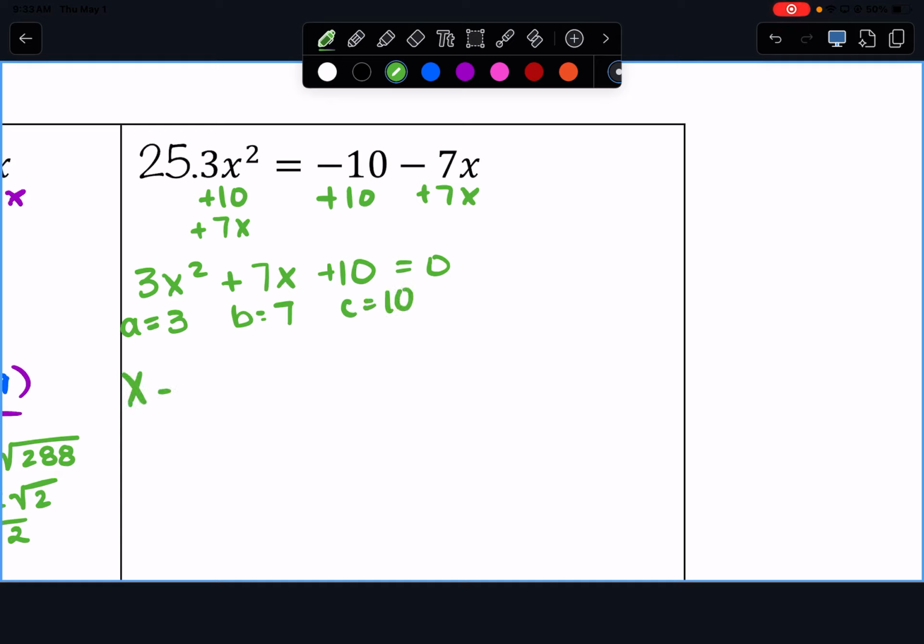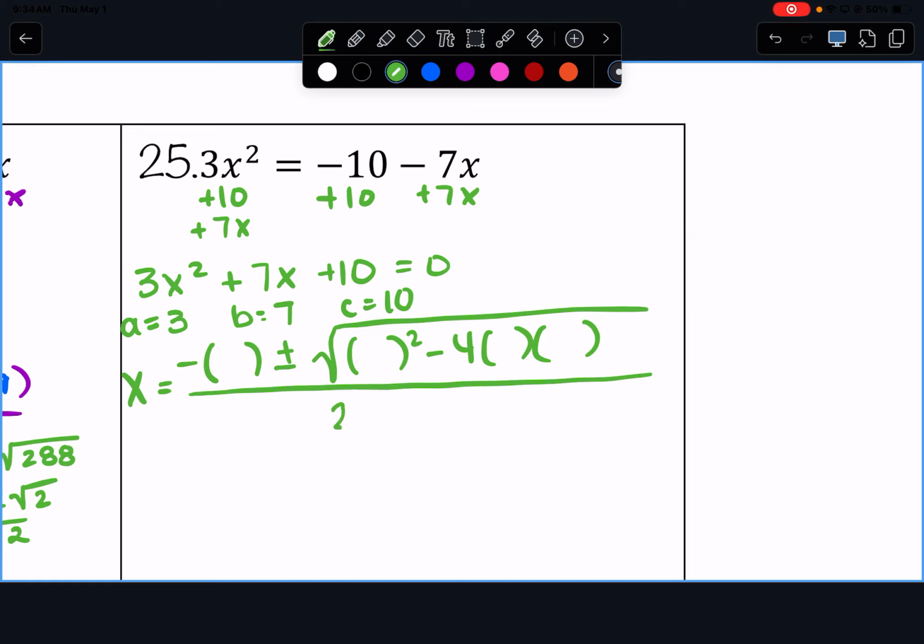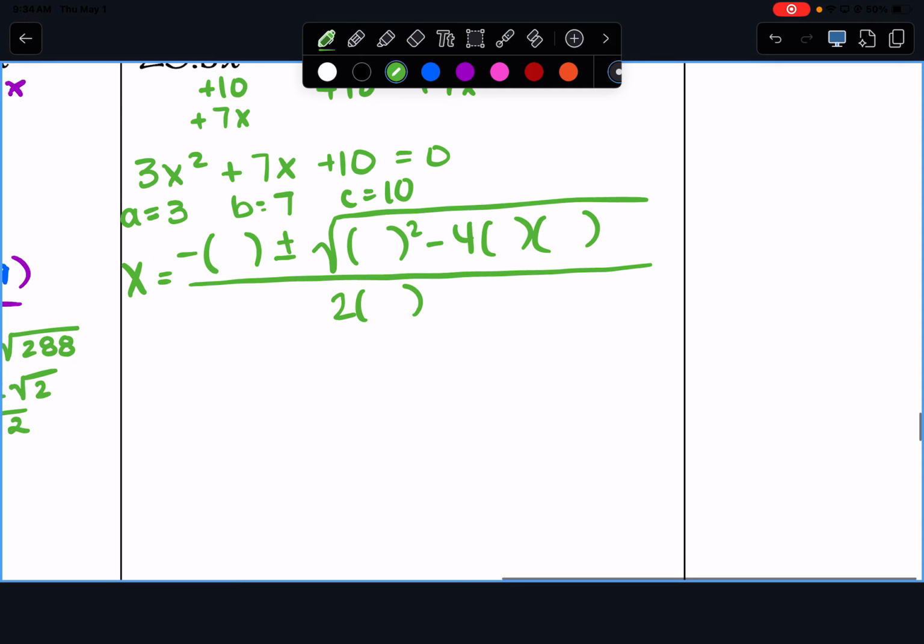So then we plug into x equals negative b plus or minus the square root of b squared minus 4 times a times c all over 2 times a. So when we plug in, what goes first? So it should be negative 7 plus or minus the square root of 7 squared minus 4 times a times c, divided by 2 times a. So we get x is equal to negative 7 plus or minus the square root of